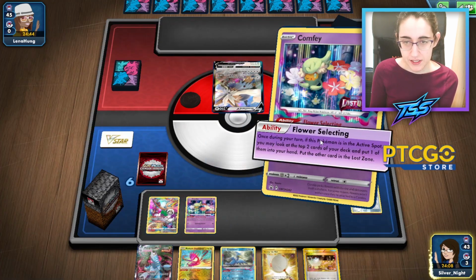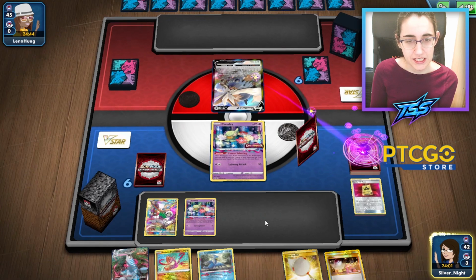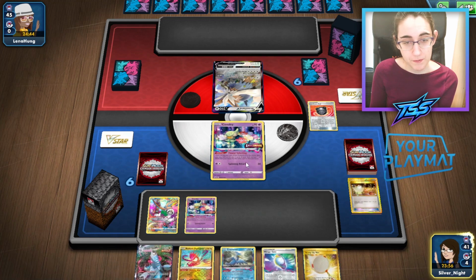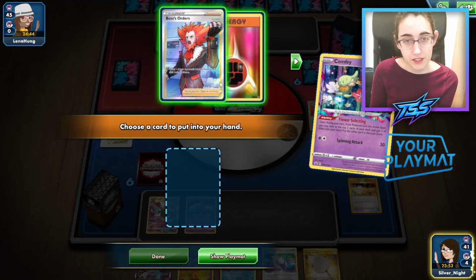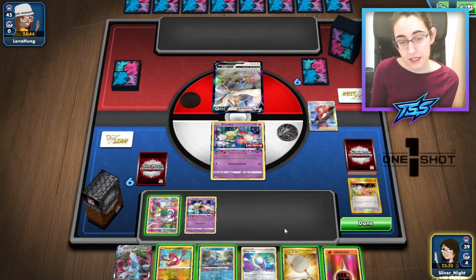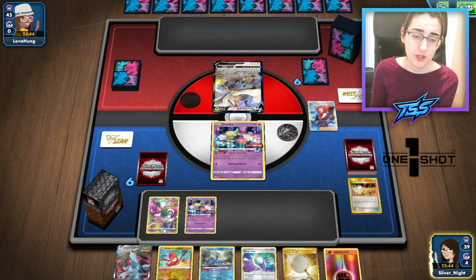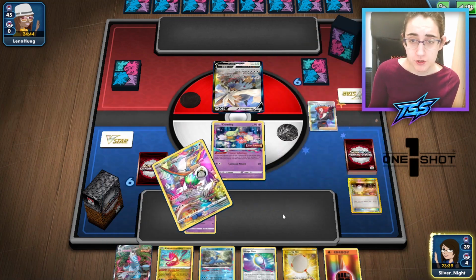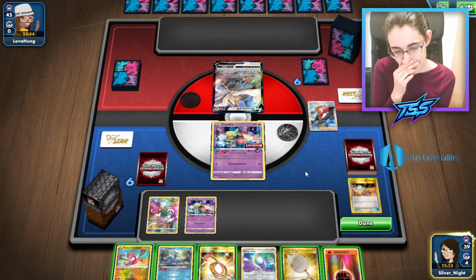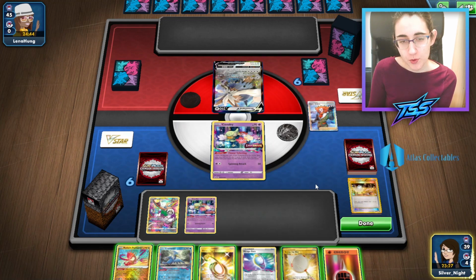So first I'm going to use some Comfeys. Yeah, Heavy Ball is not going to be needed here, I would imagine. Then I'm going to use yet another Comfey. That's fine. So flower picking, probably get these. And then, well, I should have probably used a Scoop Up Net here, but that is fine, because then next thing that I can do, if I really wanted to, I could Escape Rope and Comfey,